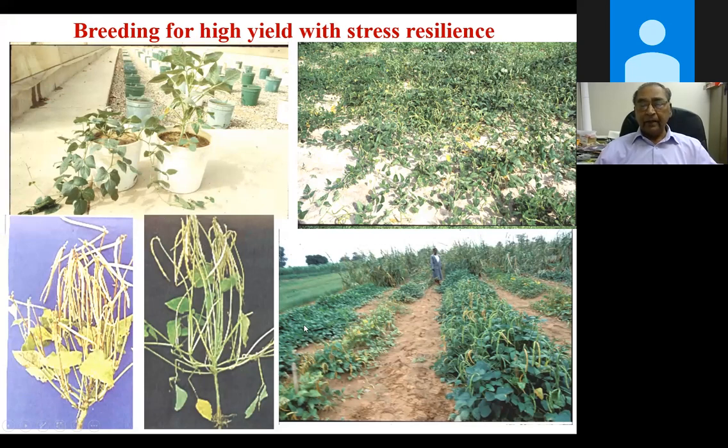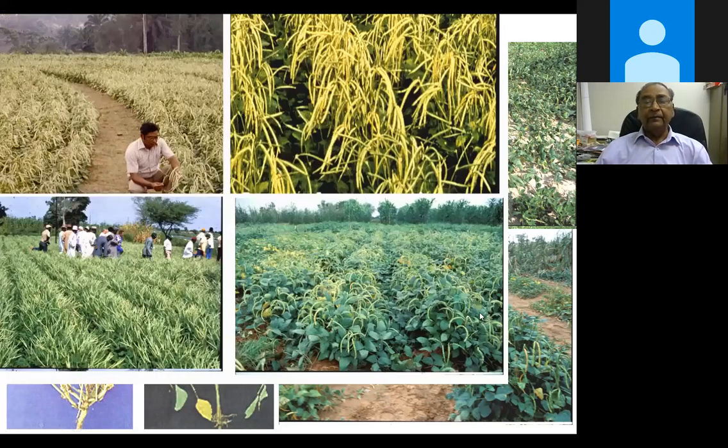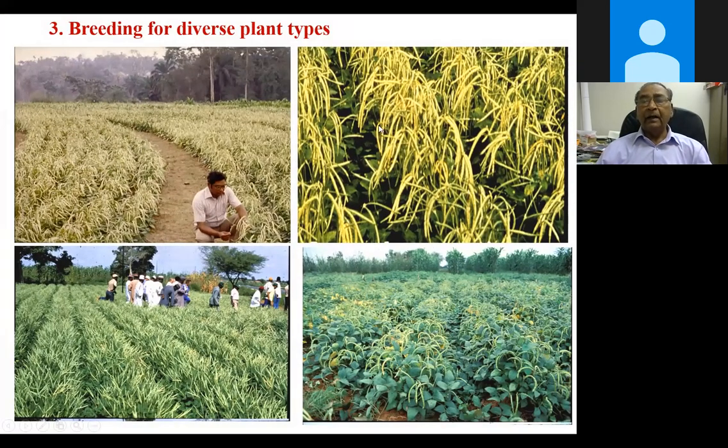So this type of cowpea became this type of cowpea, and we selected for early maturity, and we had almost a revolution in cowpea breeding. So from spreading type to 60-day early maturing, 75-day early maturing, and dual purpose. So all kinds of varieties came. This happened very quickly, before 1990, and we developed